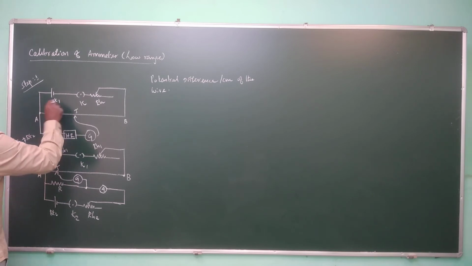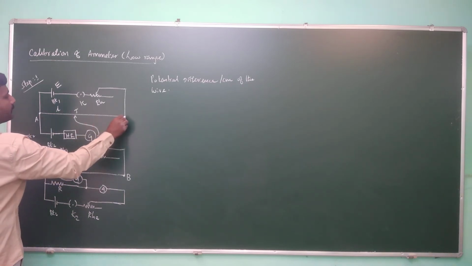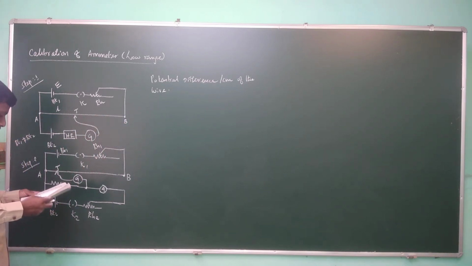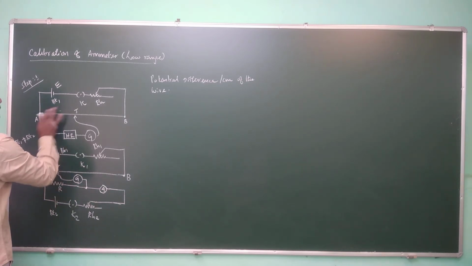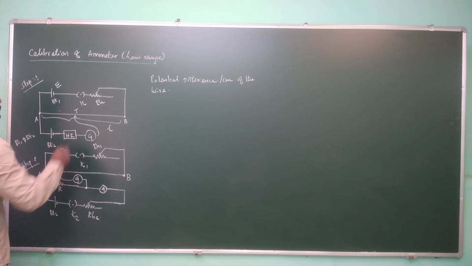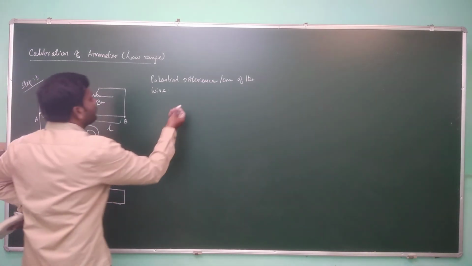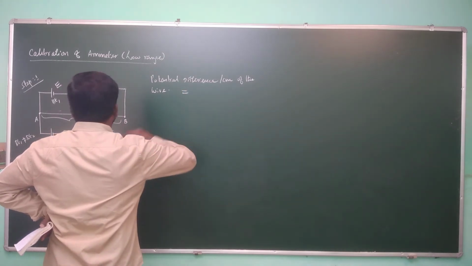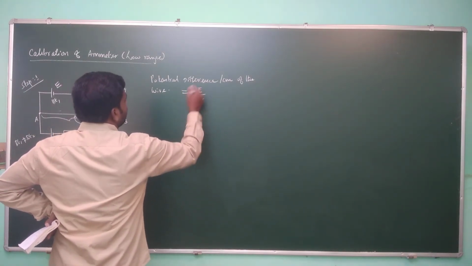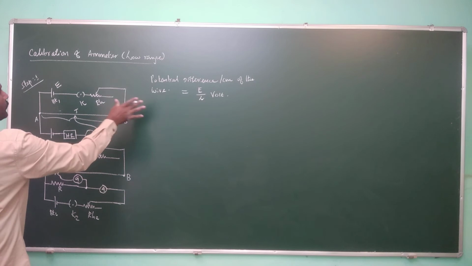See, initially if this is the battery 1 that you can denote as E, then the potential difference between the length AB will be, if we consider the entire length as L, okay. If the potential difference between these 2 points is E, then the potential difference per centimeter of the wire is total potential difference divided by total length, right? So the potential difference per unit length or per centimeter will be E divided by L volt. Okay, fine. So this is what we could calculate in the beginning.